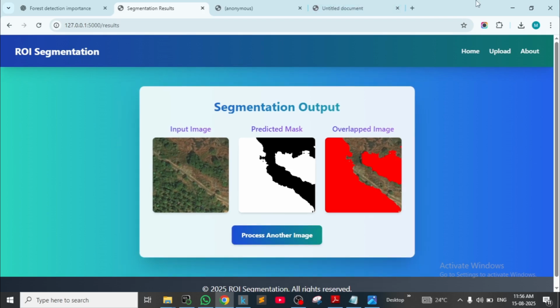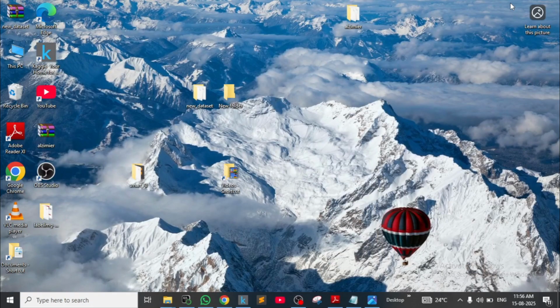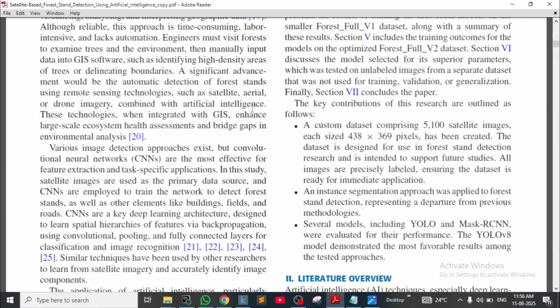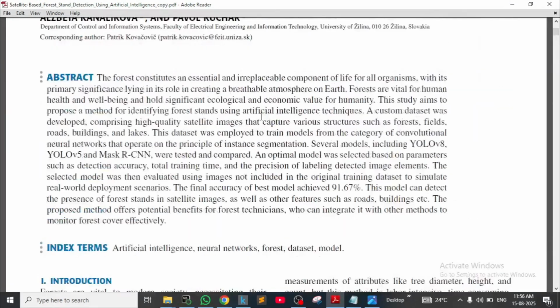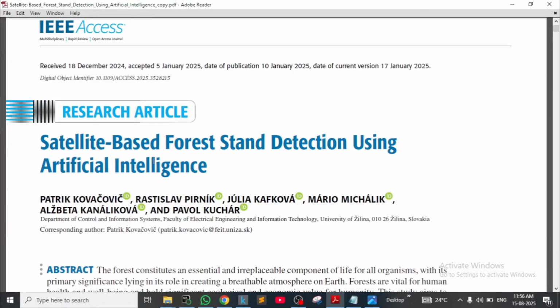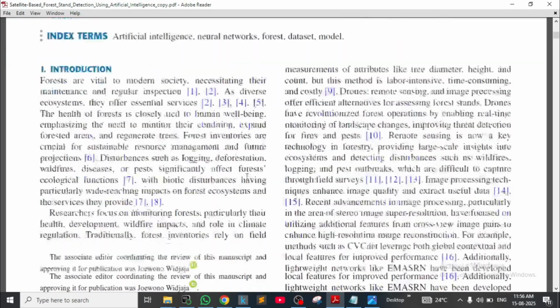Okay. Now coming to our research paper. We took a research paper for this model which looks like this. Inside this research paper, Satellite based forest stands detection using artificial intelligence. See, this research paper contains the following: